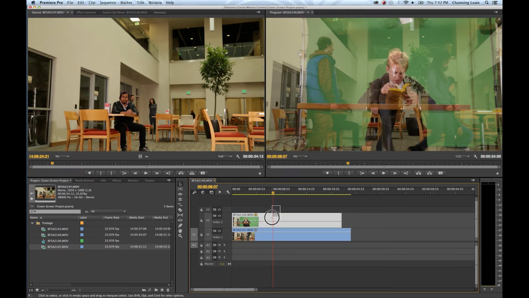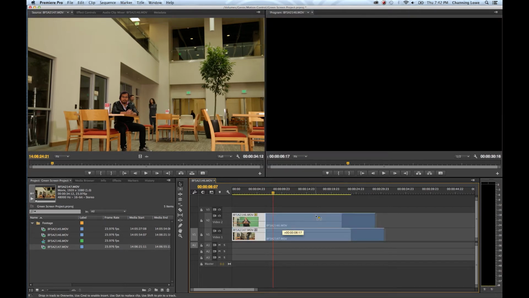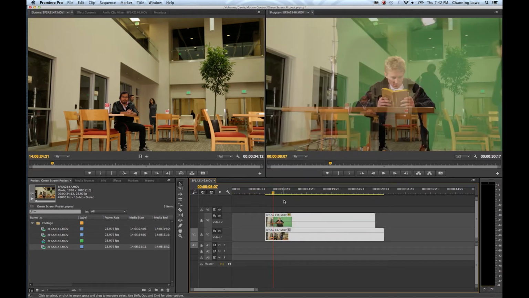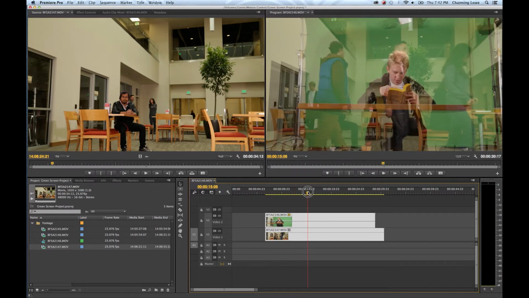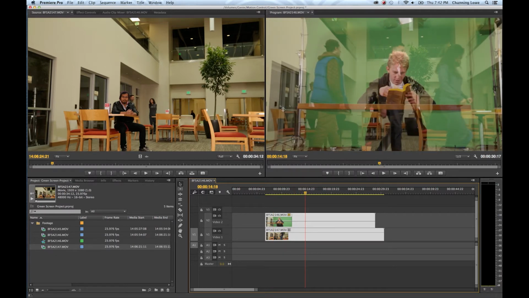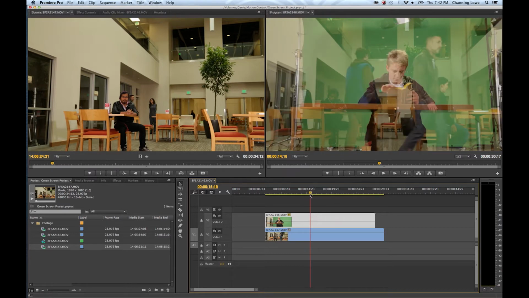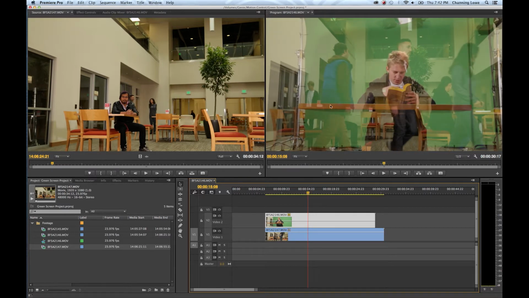So I'm going to highlight this top clip here, and I'm going to grab both of these actually, move them over so I have some room to nudge, because I want room to nudge this clip here. I might have to nudge it to the left, so I'm going to get right about there where I can see both the doors. I'm going to highlight the top clip and get it to where this guy's not blocking it,